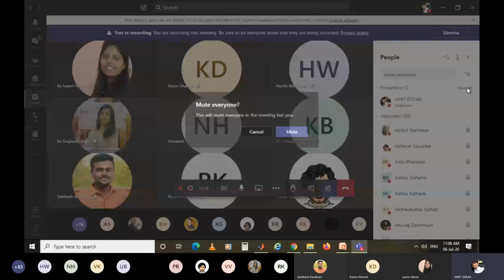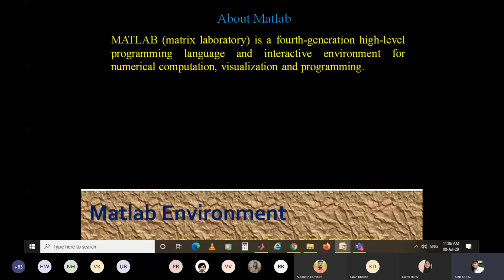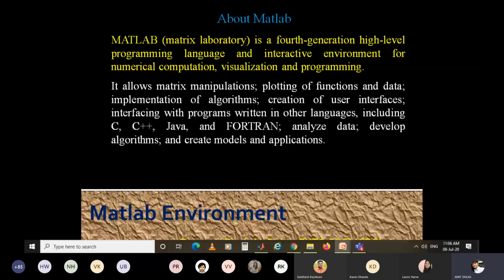So the first PPT is the MATLAB environment. MATLAB, the Matrix Laboratory, is a fourth generation high-level programming language and interactive environment for numerical computation, visualization, and programming. It allows matrix manipulation, plotting of functions and data, implementation of algorithms, creating user interfaces, and interfacing with programs written in other languages, including C, C++, Java, and Fortran.